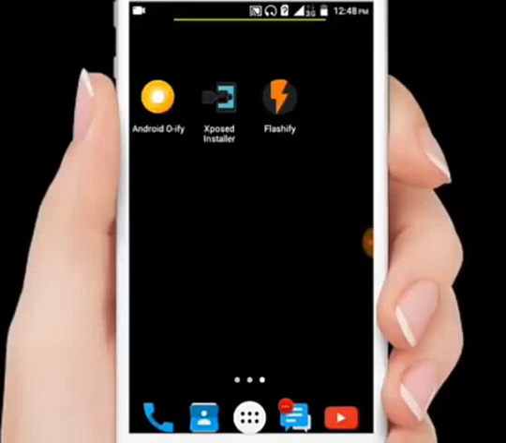Today in this video I'm going to show you guys how you can update your old Android version, like Jelly Bean, KitKat, Lollipop, Marshmallow or even Nougat, to the latest Android version 8.0, which means Oreo. So firstly Jelly Bean, after that KitKat, then Lollipop, then Marshmallow, then Nougat, and then this one, that is Oreo. So let's watch how to update to this new version on our Android device. Without further ado, let's start this video.